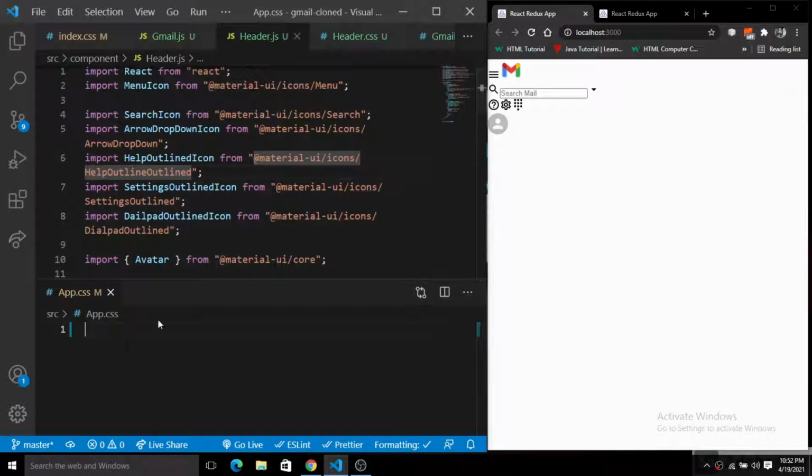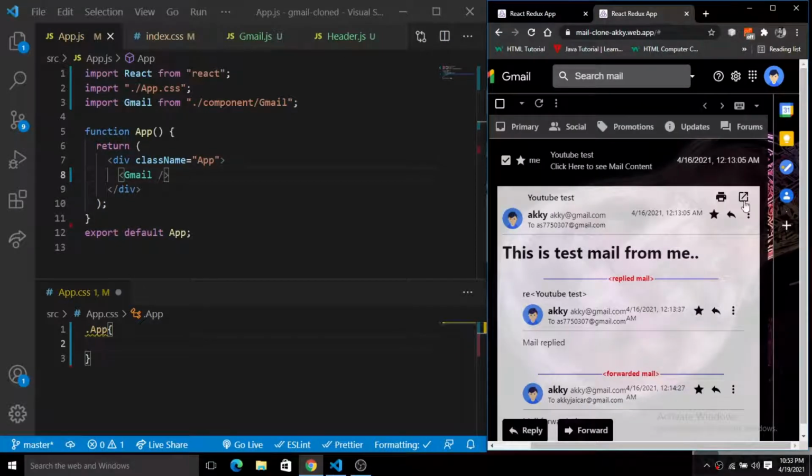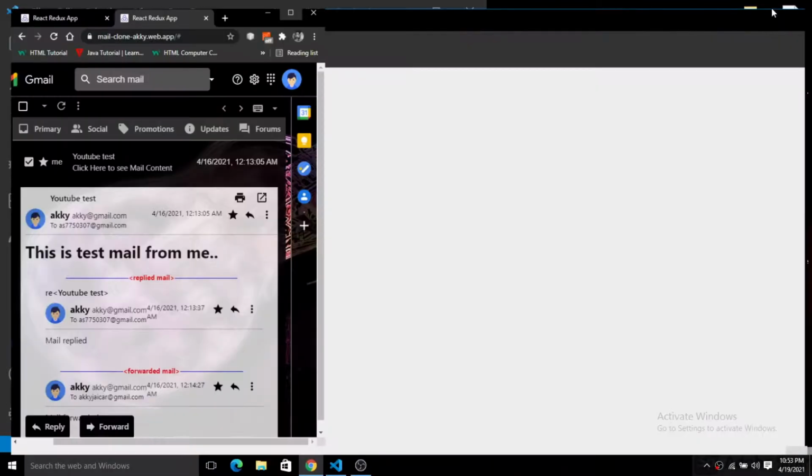Okay, so inside of this app.css, I'm going to do a very simple CSS for this dot app class. Let me open the app.js, and here you can see we have this app class there. Inside of this app class we have only one thing, that is app. You can see here we have a background. So I'm going to simply grab the URL of the background image and then simply put it there.